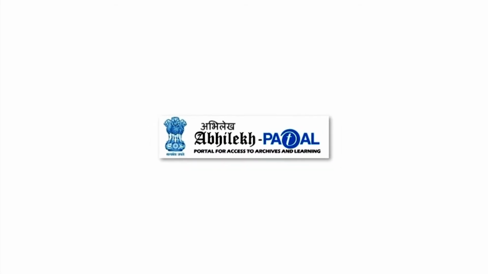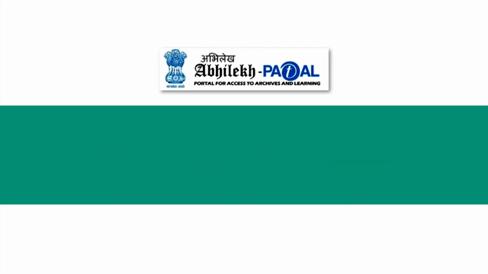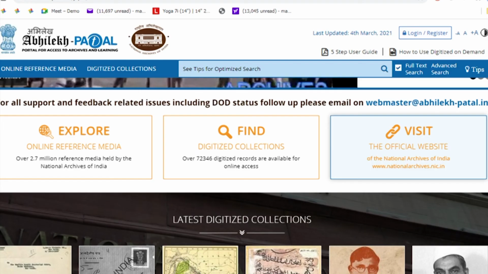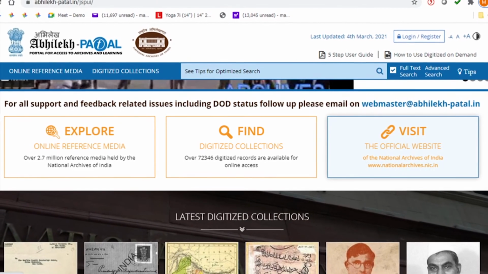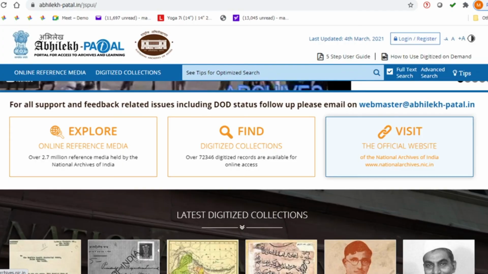And what is this Abhilekh portal? It is a portal to access the National Archives of India's reference media and digitized collection. That means through this Abhilekh portal, the users or the scholars can search online reference media and digitized collection of the archives. As you can see on the screen, it is the homepage of Abhilekh portal, and through this portal scholars or information seekers can search online reference media, digitized collection of the National Archives.